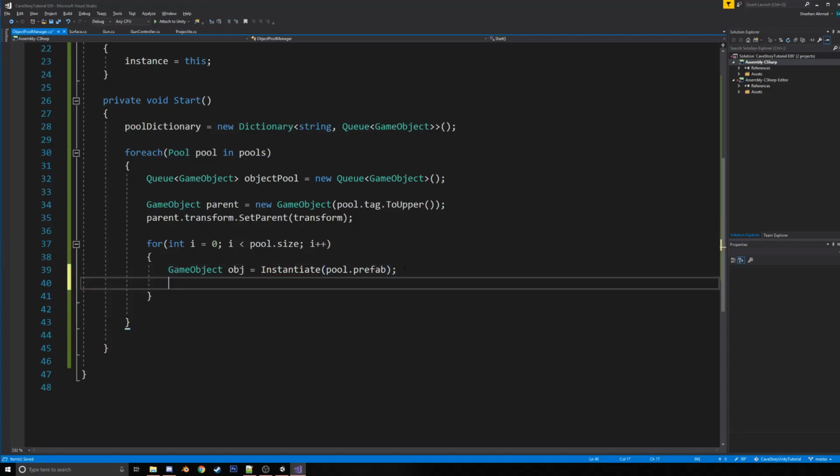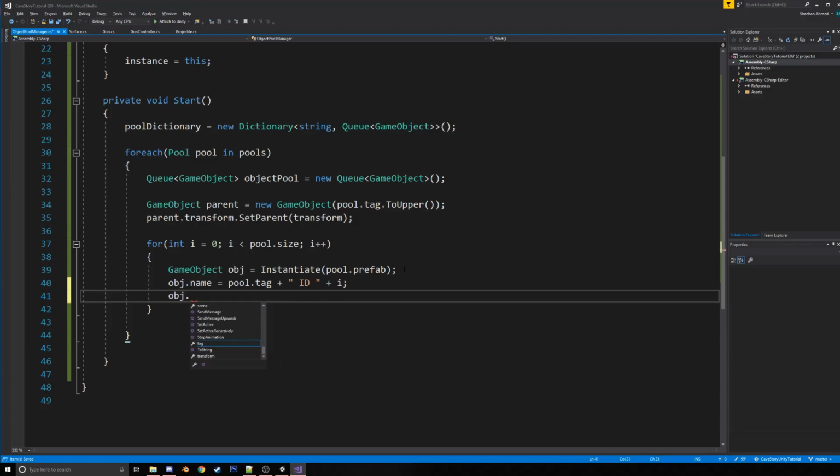And since we have a reference to this, we can do a lot of different things with it. So object.name, we're going to name it the pool.tag plus id plus i. So that's going to name them, like, if we have particle system 0, particle system 1, particle system 2, which are all the different values inside our